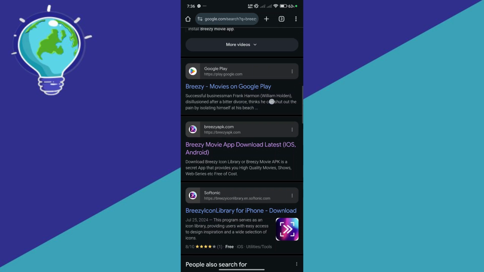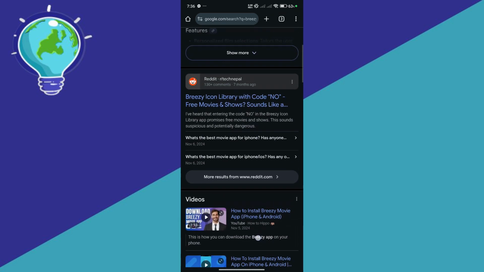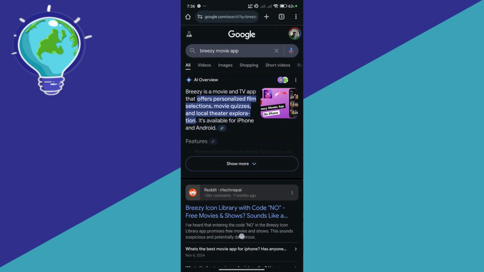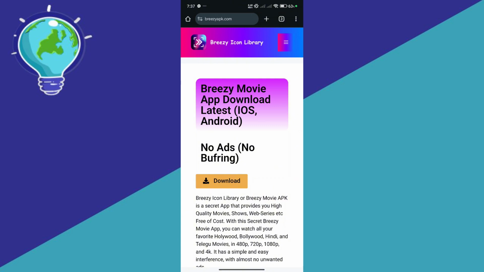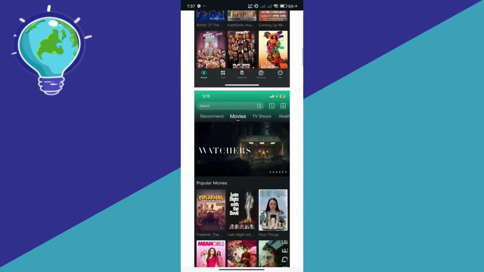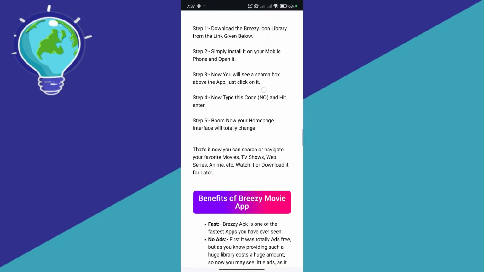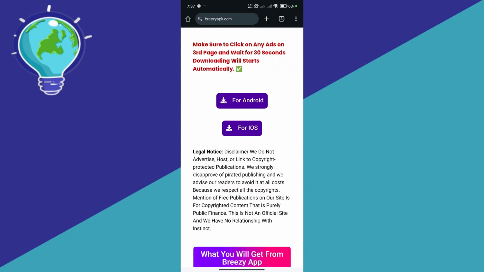So what you're going to do is search on Google over here for Breezy Movie App, scroll down a bit, and you will be able to see Breezy APK. Simply select this. This link over here will allow you to download this specific app for both Android and iOS. So simply scroll down to the bottom section over here and you should be able to see two